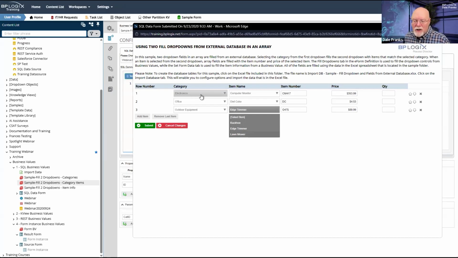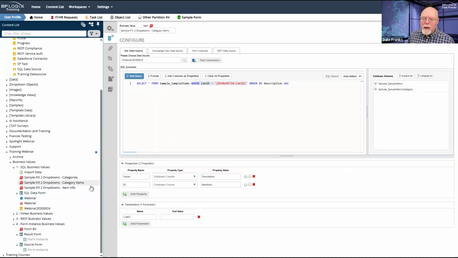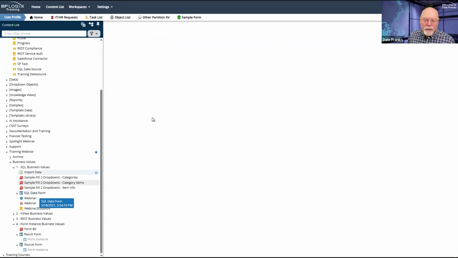So I can choose that category ID to change what items appear in the dropdown, all I have to do is configure my fill dropdowns tab on the form. So let's move this at least right there so that I can click on it to make it come up when we want to look at it again. So I go into my form itself